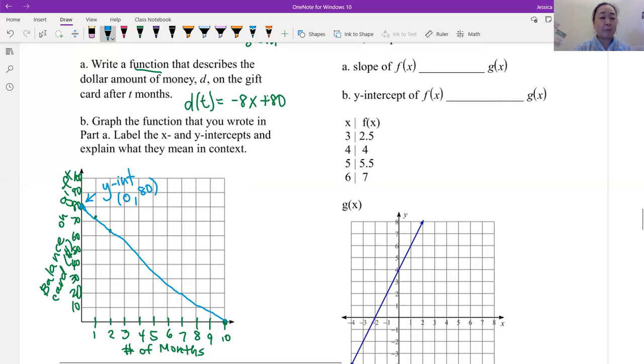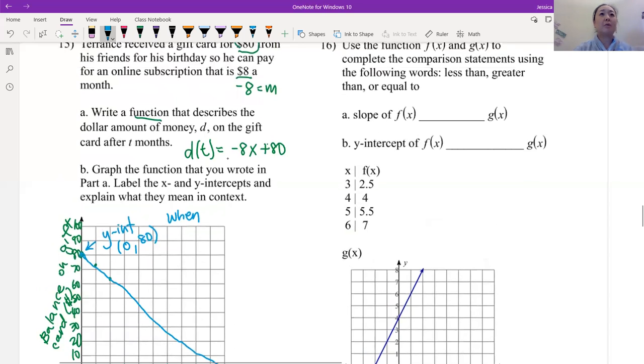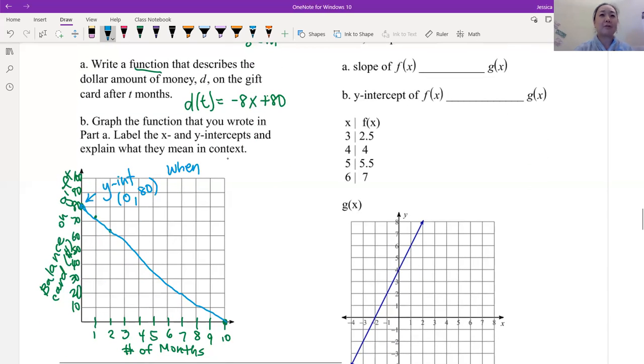When we've, it's 0 months. So who is this? When Terrence, forgot it was Terrence. So when Terrence receives the gift card, so he didn't even use it yet, it had a balance